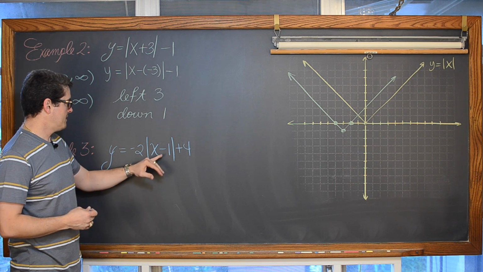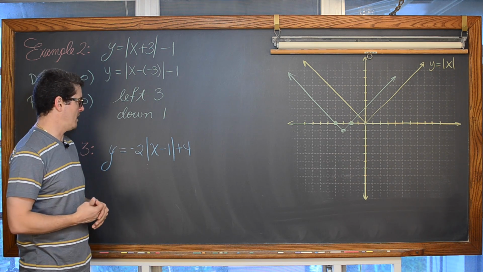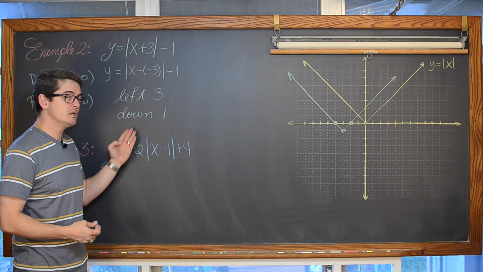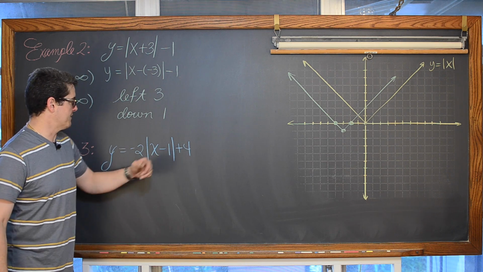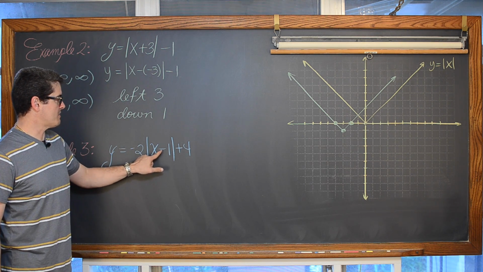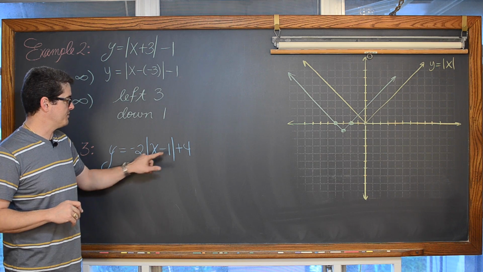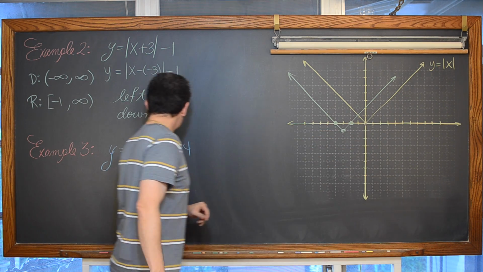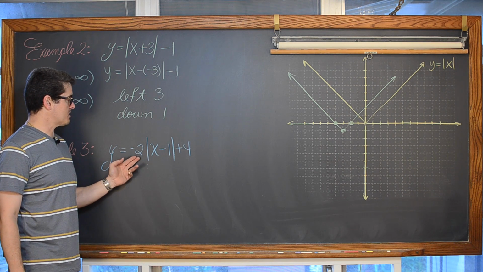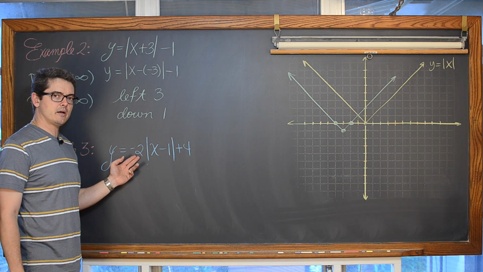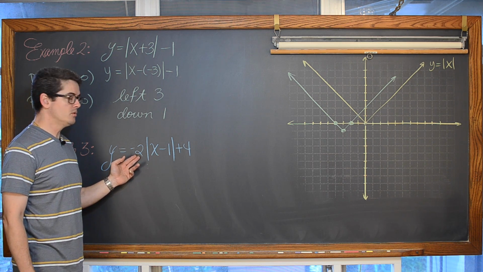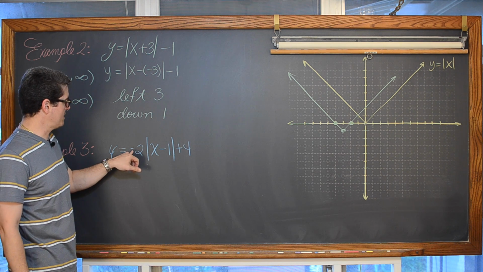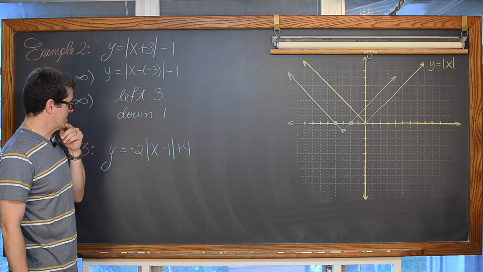We can think about order of operations as well. What would you do first? You put a number in, you do subtraction inside the parentheses, then you do your multiplication, and then your vertical shift. So inside here, that's x minus 1. That's going to shift the graph to the right. So this point at 0, 0 is going to go to the right one. All those values are going to get multiplied by 2, or have a vertical stretch of 2. We also have a reflection over the x-axis.